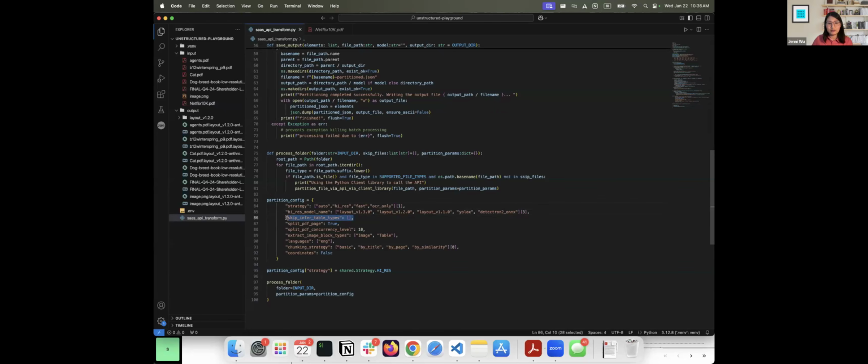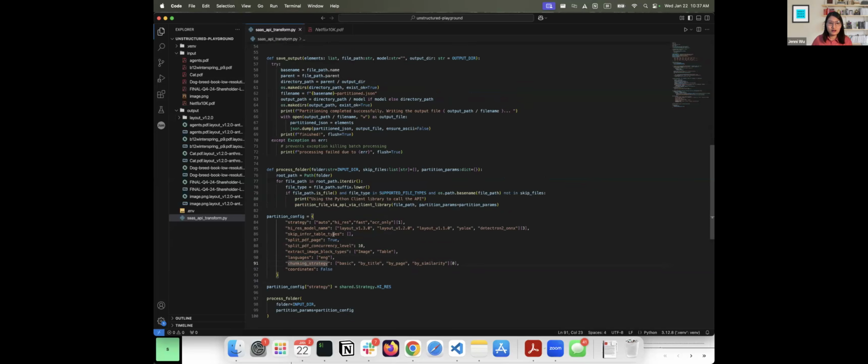We can select table types to skip inferencing on, and file types would go here. There's an option to split my PDF pages, and the concurrency level, like how many PDF pages I want to run in parallel. There's also the type of image blocks that I want to extract, the language that the files are going to be in, and then also the chunking strategy.